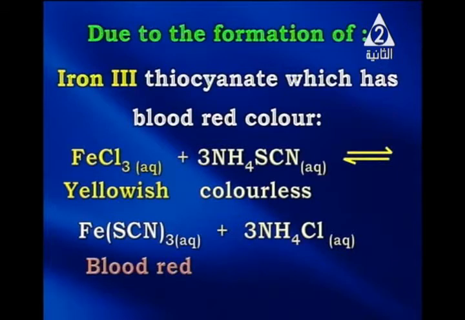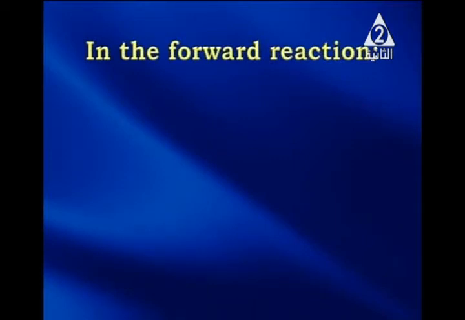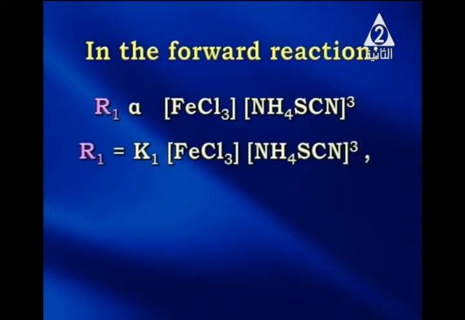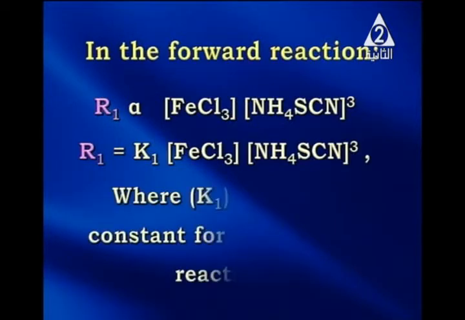As the equation proceeds on the screen, iron 3 chloride solution reacts with ammonium thiocyanate solution, forming iron 3 thiocyanate, and ammonium chloride is formed. My dear students, in the forward direction, the rate of forward reaction is directly proportional to the concentration of iron 3 chloride and the ammonium thiocyanate raised to the power of number 3. So, R1 equal K1 times the concentration of FeCl3 times the concentration of ammonium thiocyanate power 3, where K1 is